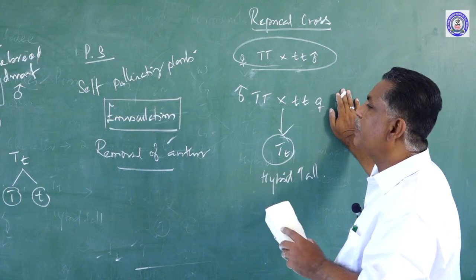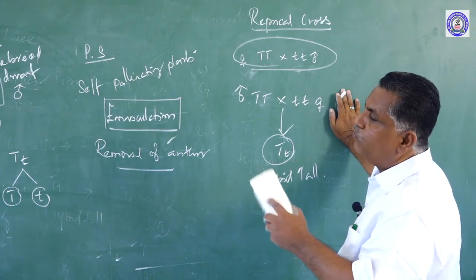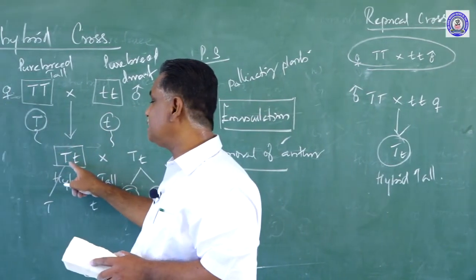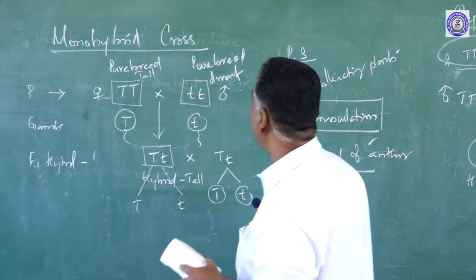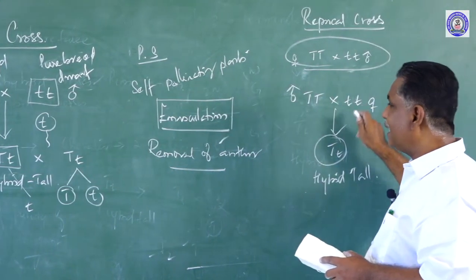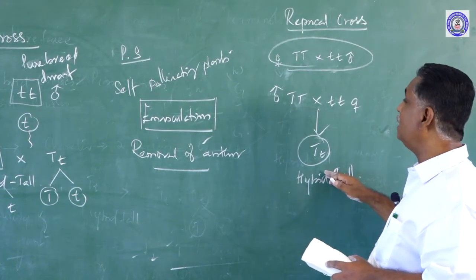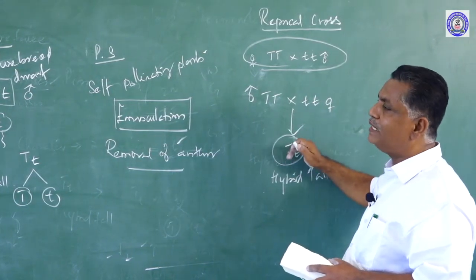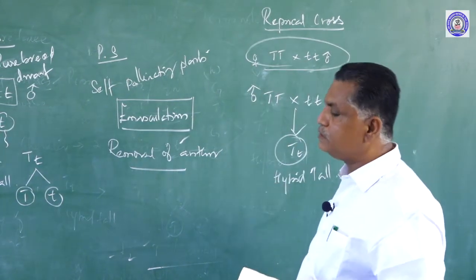He thought that the parents have influence over the inheritance of character. The tall parent has the influence to express this character. So he changed the second experiment, changed the sex of the parent. He treated tall plant as male and dwarf plant as female, and again the result was same. From this we understand, he explained very well that the sex of the parent does not have any implication over determination of character in the F1 hybrid. So for this he used a reciprocal cross.